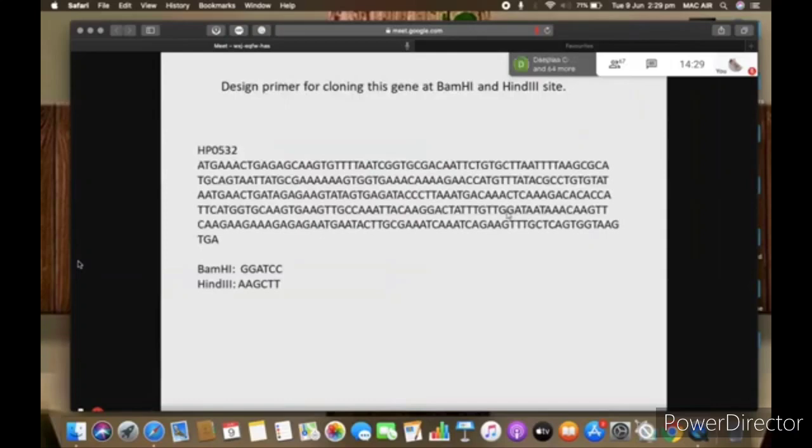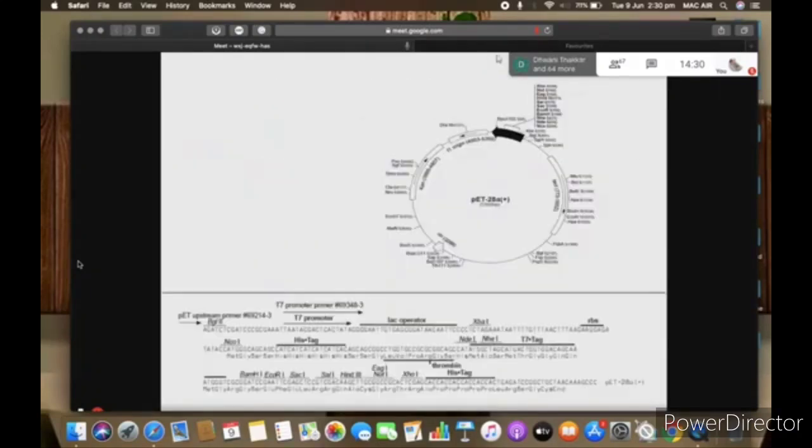Are you getting? Our gene, our open reading frame should not have the restriction site. Then only we can clone the complete gene. So this gene should not have this restriction site.